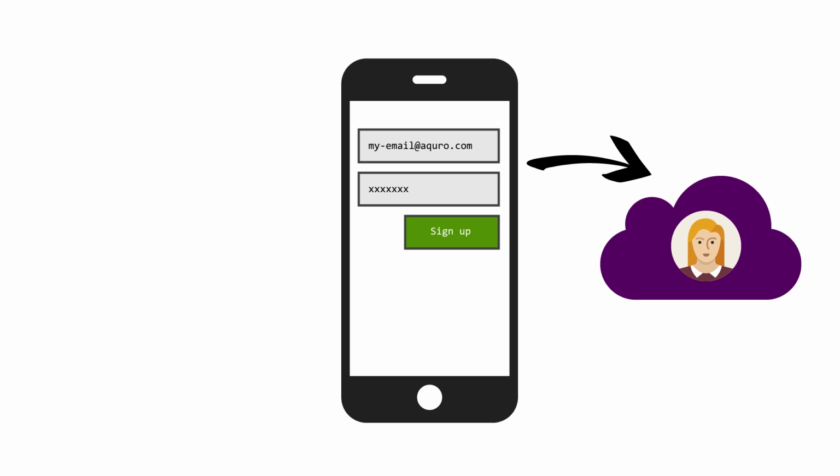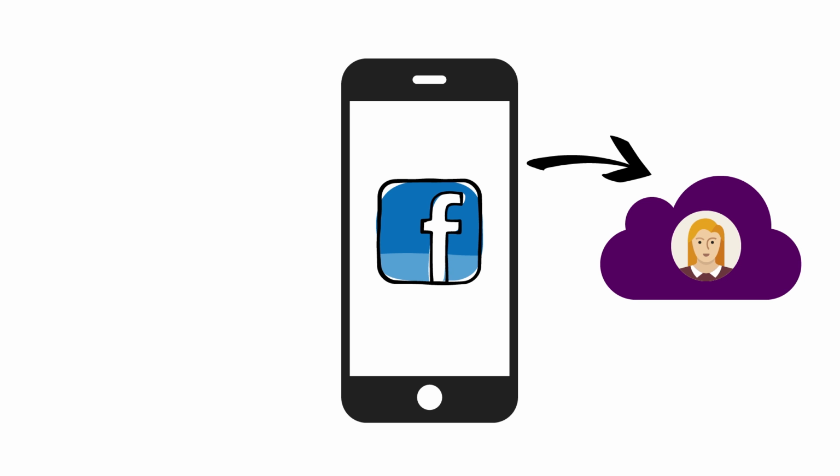Getting started with the Aquro user service is quite easy and can be done in three different ways. Either you'll use the normal type of user authentication where the user creates an account by entering their email and a password and then use this information to sign into your app. Or you might use a social authentication provider such as Facebook to let the user sign into your app by